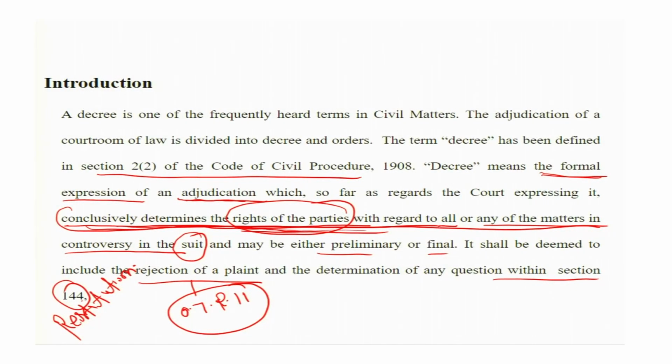So, conclusive determination, conclusively determining the right of the party with regard to all or any of the matter in controversy. All. The court is nowhere in this picture, because the moment the court asks for the submission of a list of witnesses, both the advocates, through examination, cross examination, production of witnesses, or through primary documents, primary evidence, prove their case. If they bring all evidence related to all issues framed by the court, then the court will give judgment on all issues.